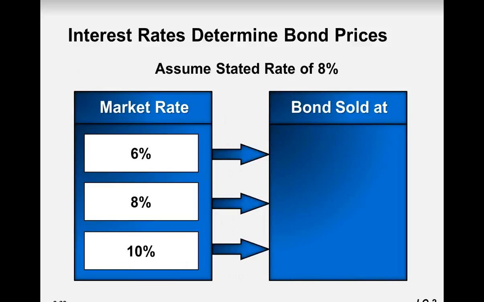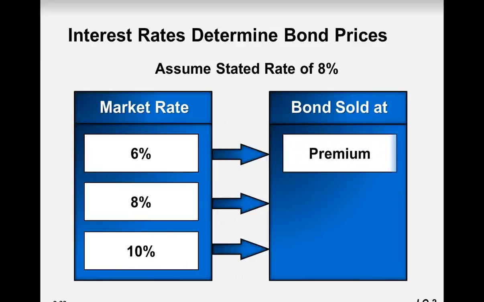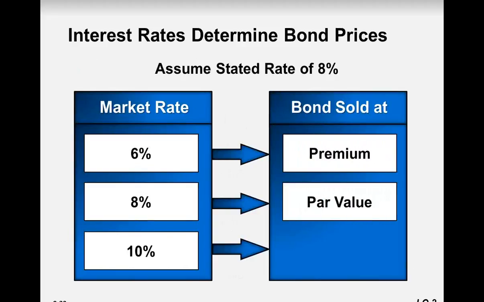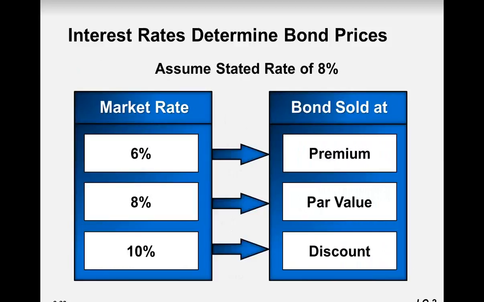So we have interest rates determine bond prices. If we assume a stated rate of 8%, so the bond rate is 8%, and the market rate is 6%, then we will sell that at a premium, because investors would be getting cash interest of 8% on their money, so they are willing to pay more than the face value of the bond. At 8%, it would sell at face value or par, and if it were 10% market rate, that bond would